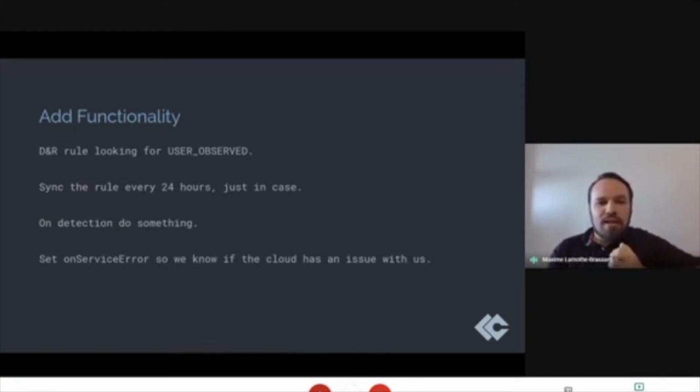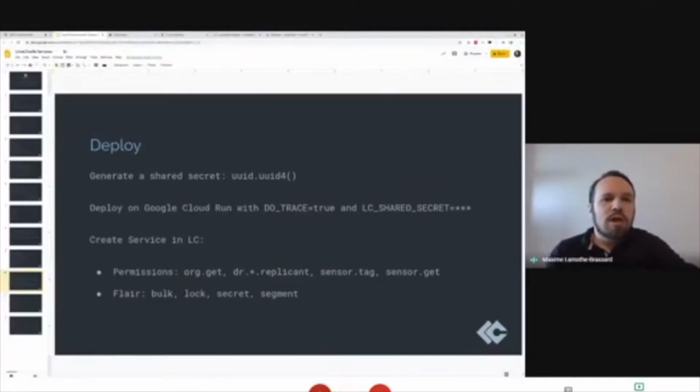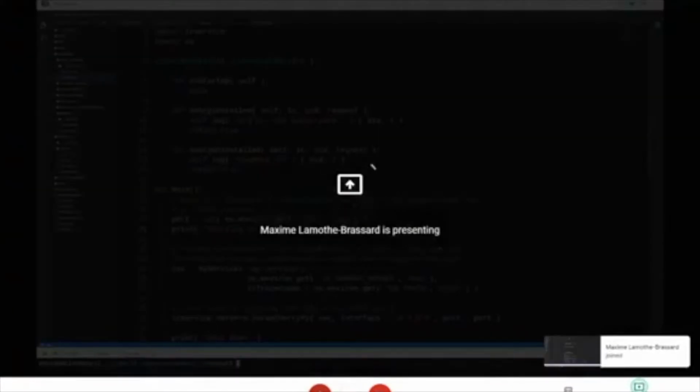We'll add a little bit of functionality. So we'll add the DNR rule to our service, show what that looks like, subscribe to it, get a notification, and I think we'll go through a few tasking just to give you a little bit of the taste of what you could do with this. So I think with this said, we'll actually pivot, and I will go ahead and share my screen to a different window. Here we go.